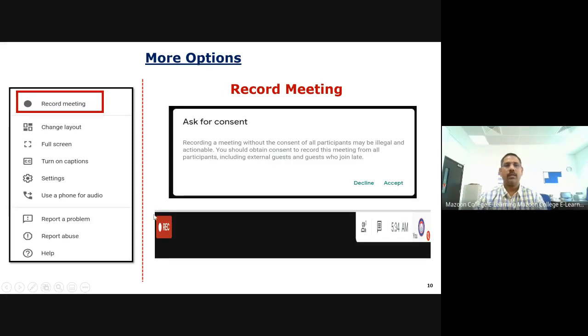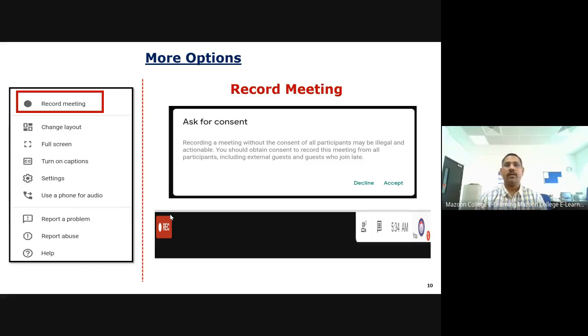Now see in the top left corner, your recording has started. Once you press record and this option comes, you need to press accept and the recording will start. That's all. This is the record option, very simple. Another thing I would like to inform you: if you use Google Meet, your video and audio will be recorded in Google and saved as a low-size file.